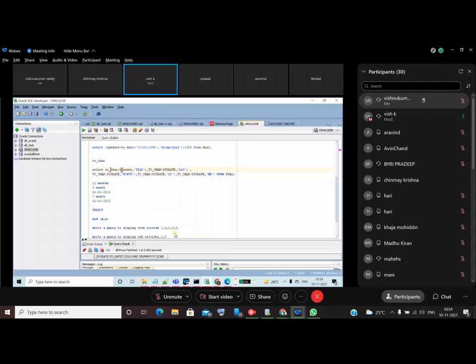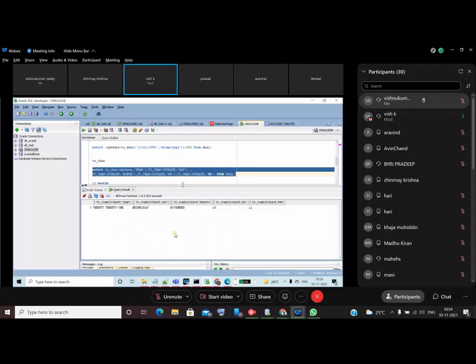From a date, I'm extracting the year, day, month like this, and for that we have to use the to_char function. So you can see year means 2021 will come. Day means Wednesday, today is Wednesday. The month is November. DD means 10. Month means 11. Like this, all these functions are very important.